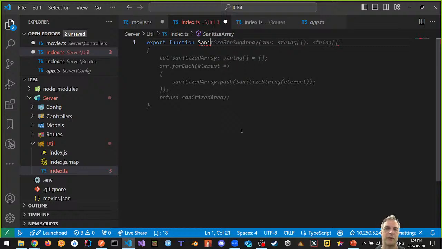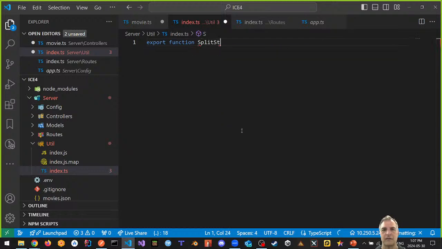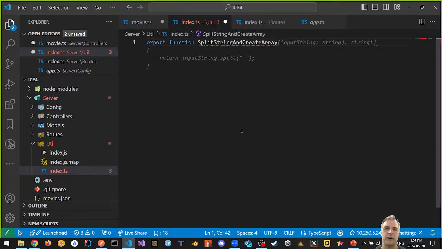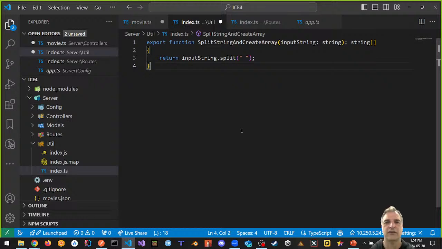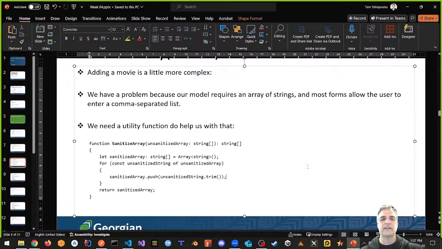So that's what I really want to do. I want to say split string and create array, right? So the input is going to be a string, and it can't just do this, because this is kind of what I want, which is it's going to create my array. Let's take a look at my code here that I had and why I did it this way. Okay, so